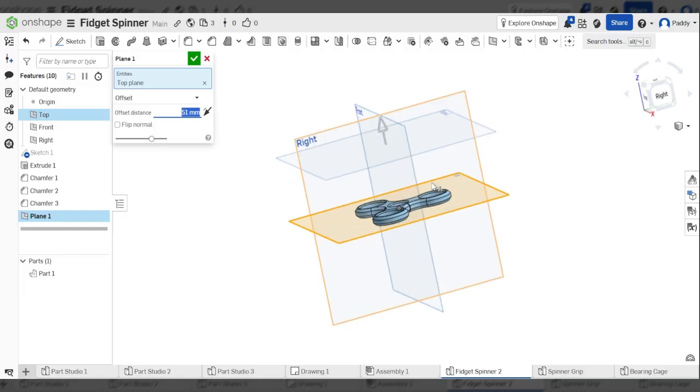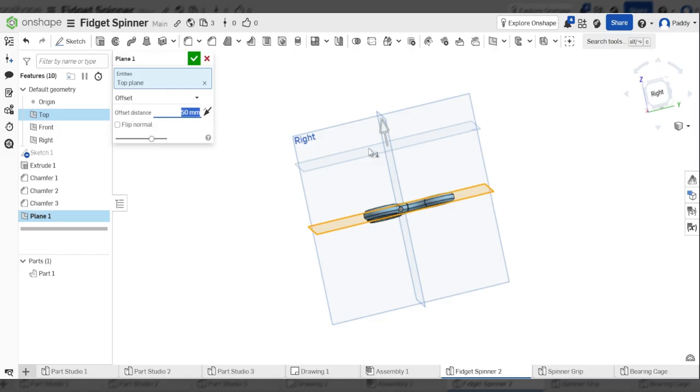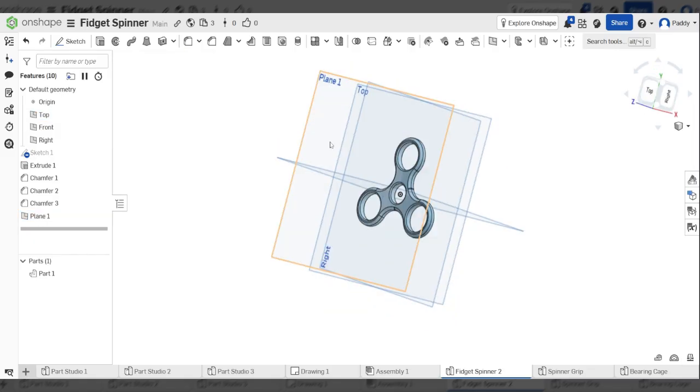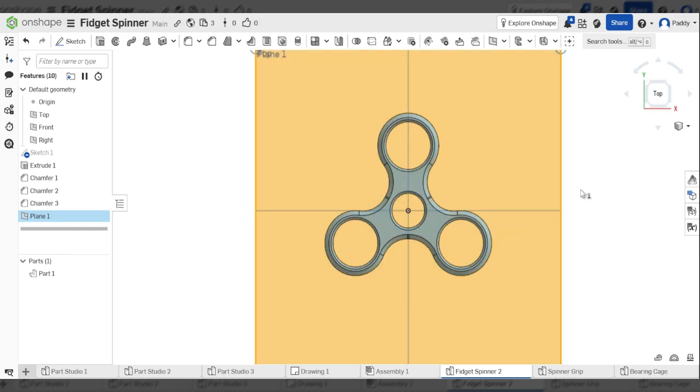Now, it really doesn't matter how high this is. I'm just going to make it 50 for a nice round number and to give myself a fair bit of clearance. And then I'm going to click on the new plane I've made, press N, and I'm ready to start sketching. So the way we're going to do this is we're going to draw a couple of elements, whether that's going to be a large section of this. Let's consider it a circle for the minute. It might not be a circle in the end. One section of this circle. It could be a big one, it could be a small one, but then we're going to repeat that with